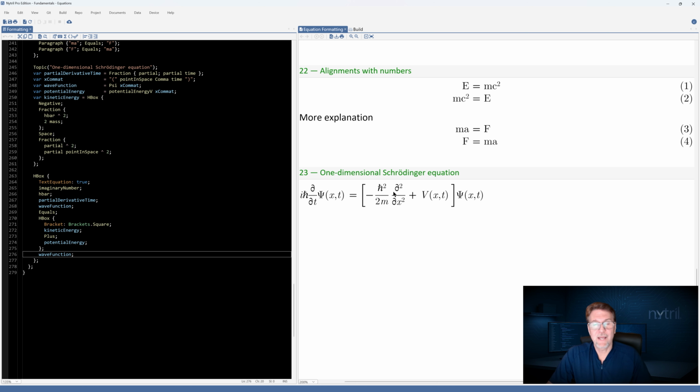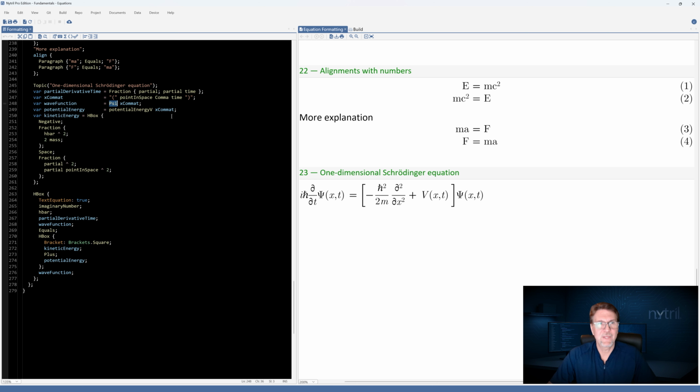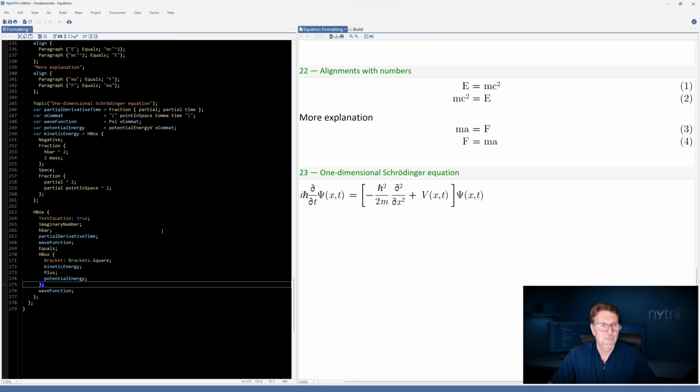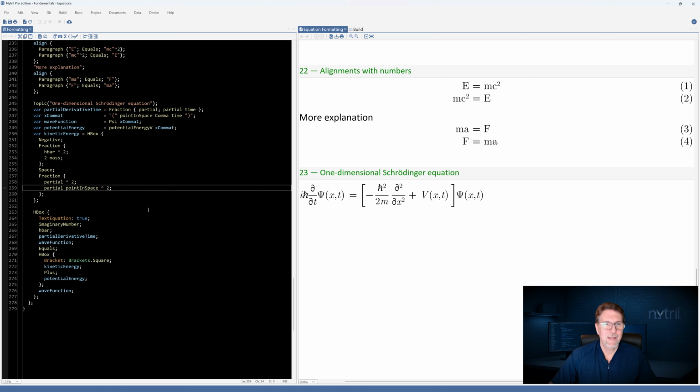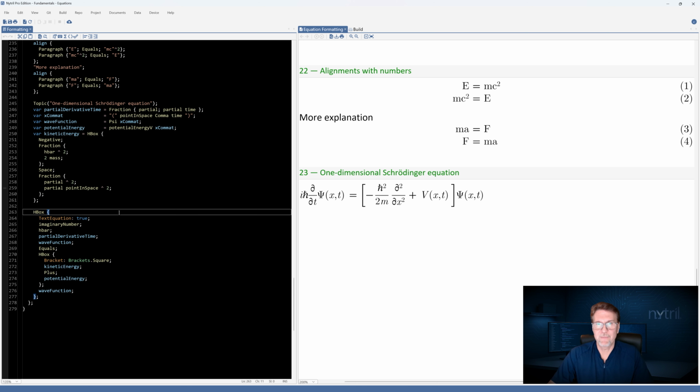Also, in Nitro, you can hold down the control key and click on certain characters inside of an equation, and it will take you to that point in your code where that particular thing is coming from. So these brackets are coming from this H box. So this 2 in this x squared is coming from right here. And so that also is a very useful feature because you can go from your document back to your code, get right into the code that lays out the equation and make whatever changes you need to make.